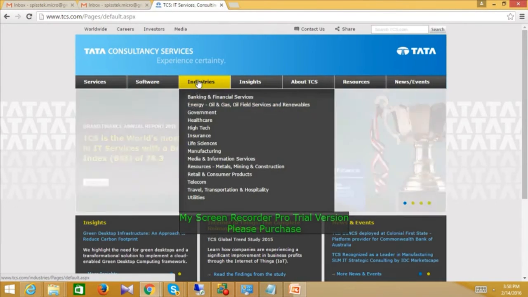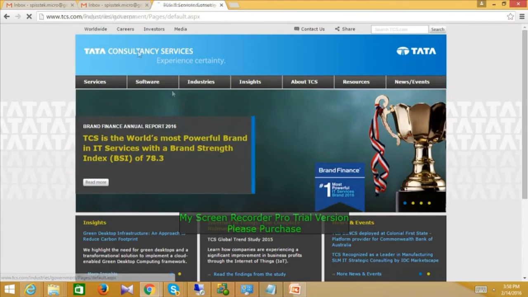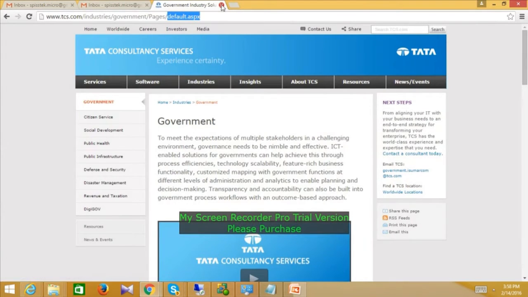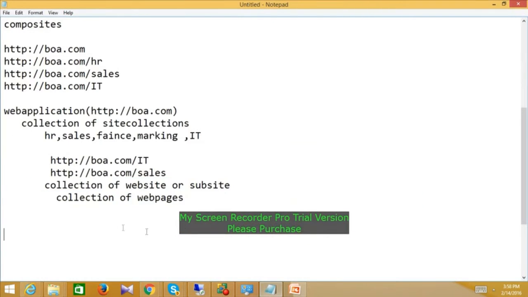Everything is a page. So what is the site collection? Collection of web pages. Like you have defined these two links, we will have to create two separate pages, one for IT and one for sales, and then link them along with this HTTP link. Exactly correct.